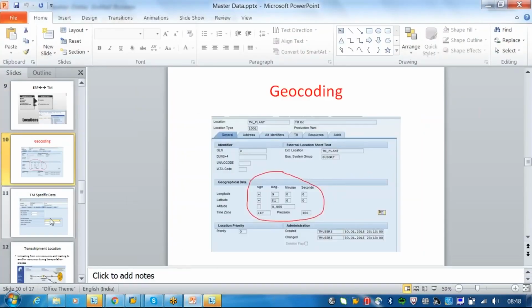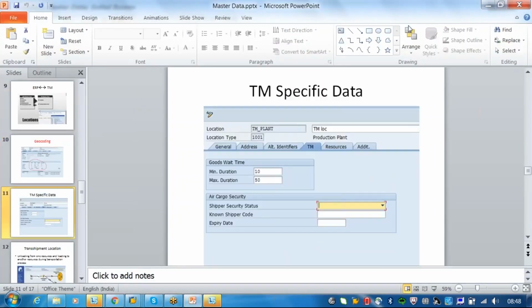So I will show you all of these later, and the specific data also. For today, try to practice this for the customer, material, vendor, and the plant. Tomorrow I will show you the location details, what data we have to fill in when creating a location manually in the system. So tomorrow onward, I will share the TM specific data. Just ask Krishna about the server access, and prepare and practice this.